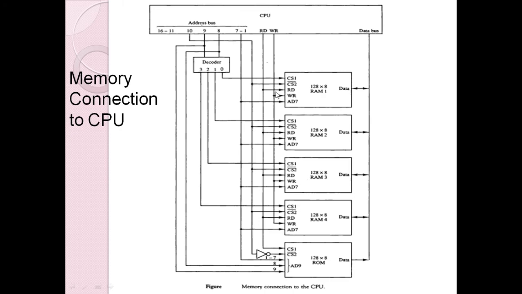And what about the CS2 signal? So the CS2 signal is the signal from line number 10. If bit 10 of the address is 0, it is fed to all four RAMs. So if it is 0, then CS2 bar will be high, and if CS1 is also high, then that particular RAM is selected. And here in ROM, the read signal is high, and if the 10th bit is 1, then it will feed 0 to it. So this CS2 bar signal will be high, so this ROM will be selected.